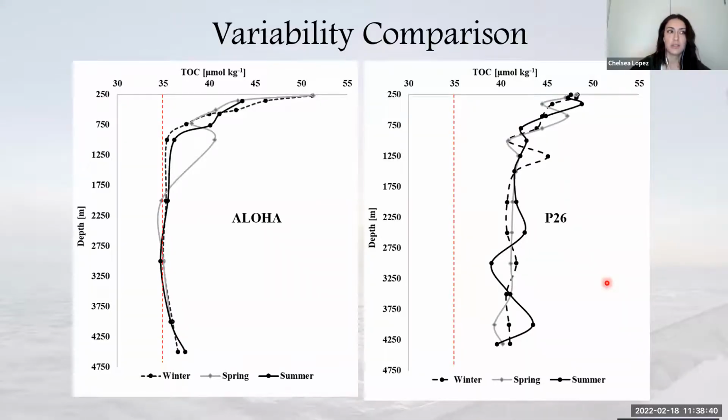So you might just be listening to me say, oh, this is variable, but I wanted to show you some data that would kind of put that into context. So here is Aloha Station that's near Hawaii. You can see between the 3 seasons, those concentrations are pretty consistent with each other. You see it in spring here, there's a little bit of export going on there. And then the red line is just a baseline for you to see, okay, this is lower concentrations, we've got higher concentrations over here. But you can see how variable this is compared to over here. So a lot of variability.